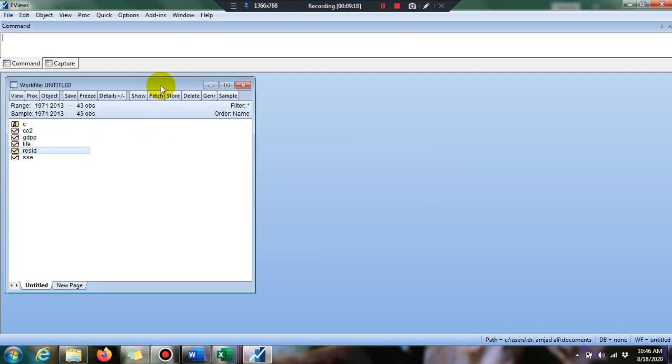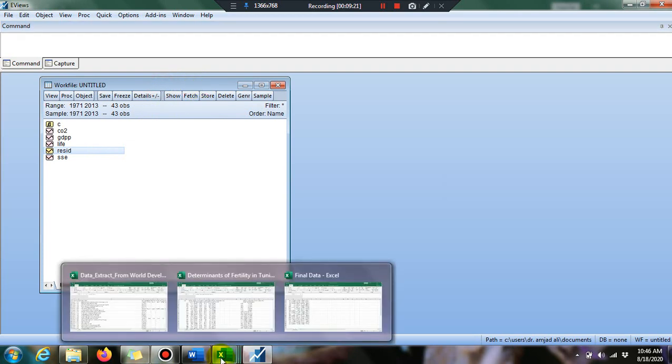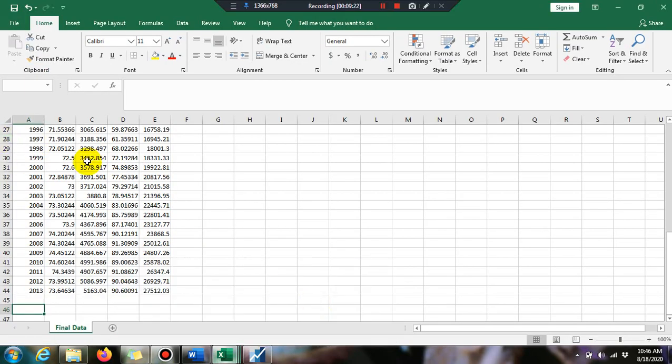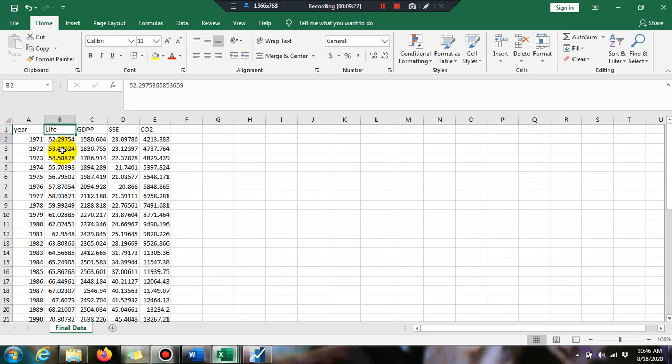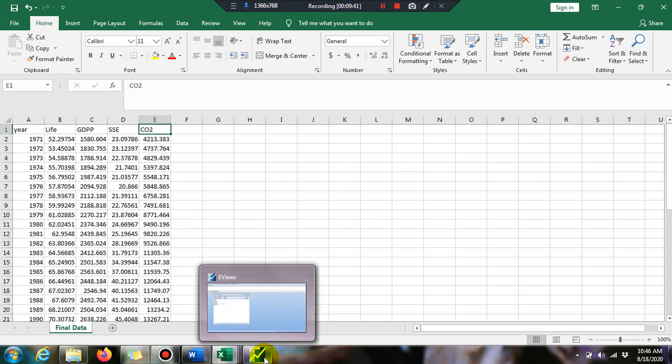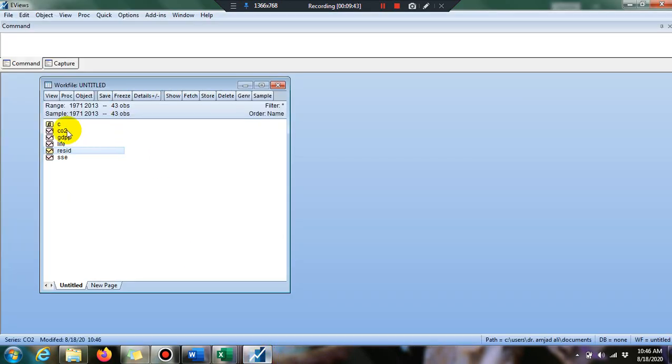Here we have the selected variables. See, your instructor told you how to model these variables. Here we have four variables: life expectancy, GDP, secondary school enrollment, and CO2 emissions as environmental degradation. So see all the variables now in eViews.